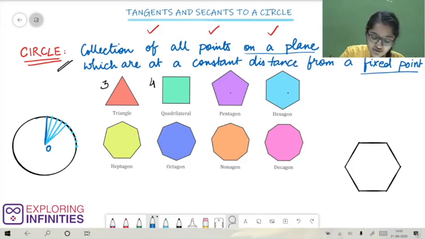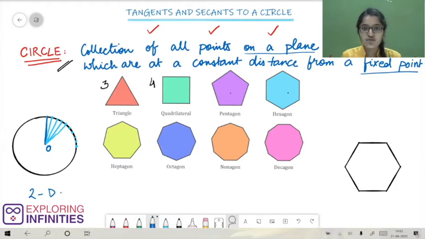Why is it important for us to mention on a plane? That is because circle is a 2-dimensional figure. That means it has to exist in a plane and not in space. Suppose we do not mention on a plane, then collection of all points which are at a constant distance from